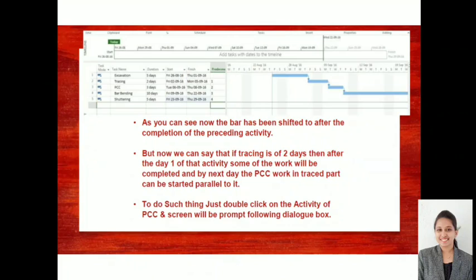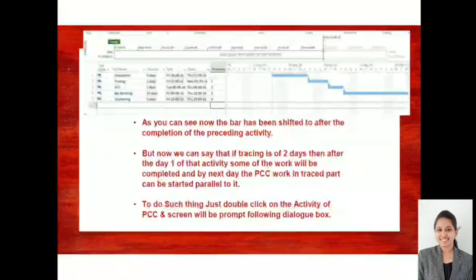So as you can see, now the bars are shifted after completion of the predecessor activity. Why? Initially all had started together, right? Now your bars are moved with respect to the duration. If you have given 2 days or 5 days, on the time scale it is showing 5 days. Except the holidays: see this is the holiday, a little dark, the activity is pushed 2 days ahead. So it is showing as 7 days minus 2 holidays, right? So you can see the bars are moved, that means the relationship is established.